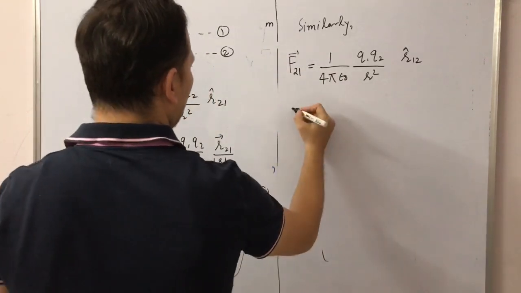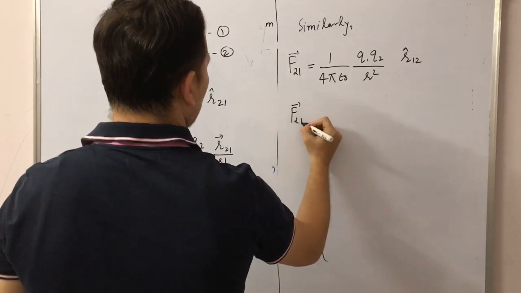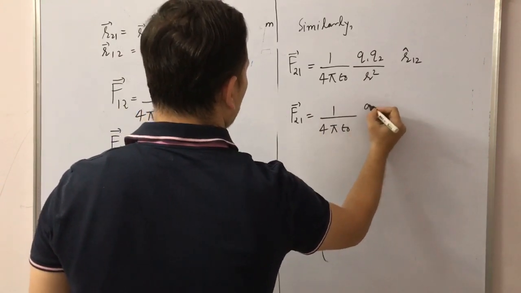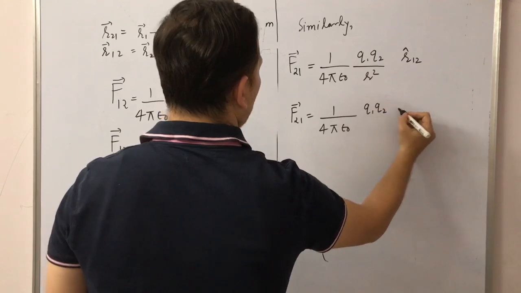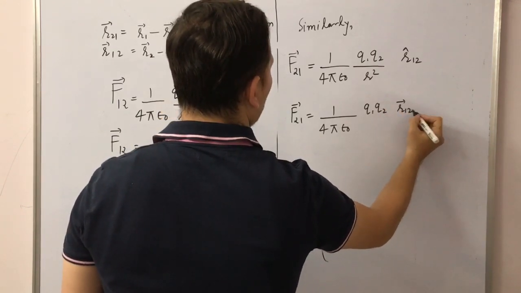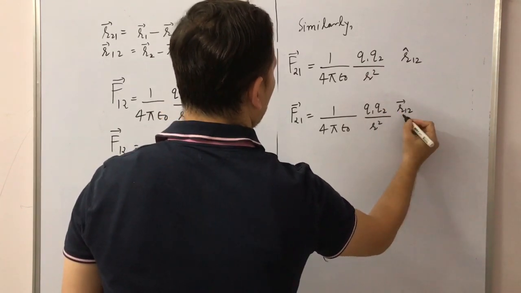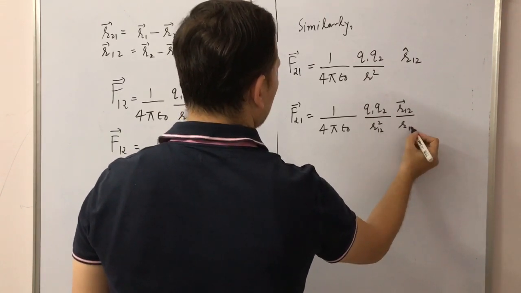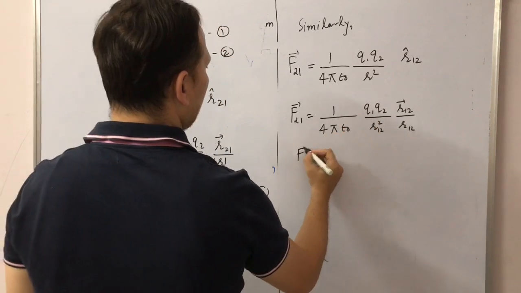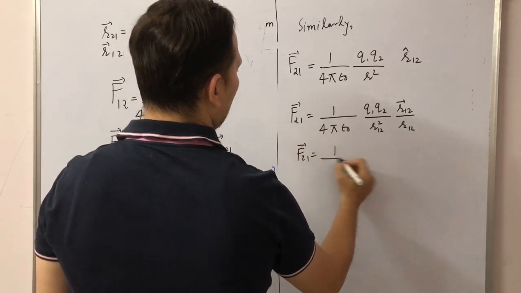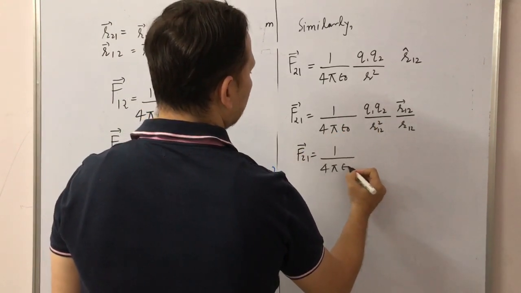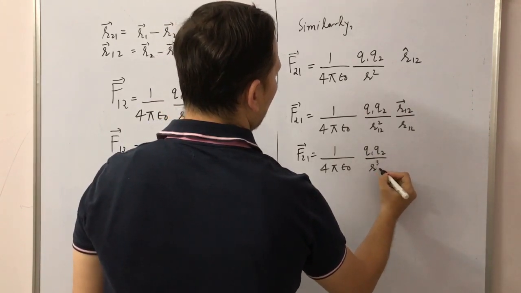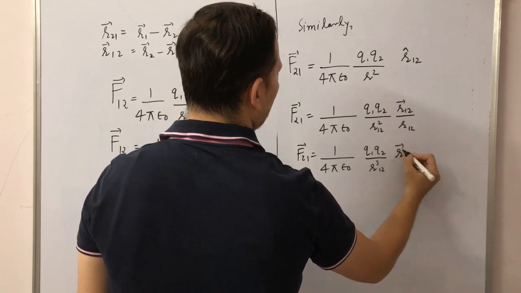So again, according to the formula of unit vector, we have the vector R12 divided by R square, that is R. We can also write this as R12. So by multiplying the magnitude, we have 1 upon 4 pi epsilon naught Q1 Q2 R cube 12. This is the magnitude and this is the vector 12.